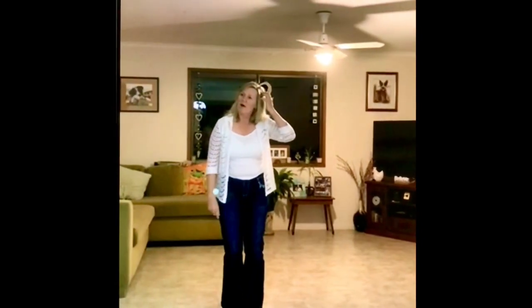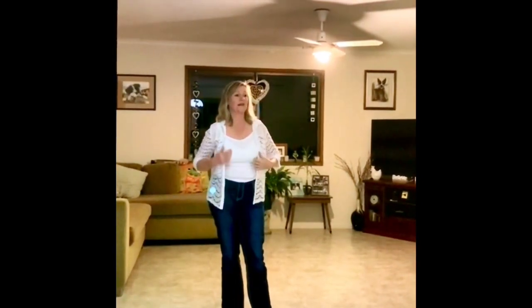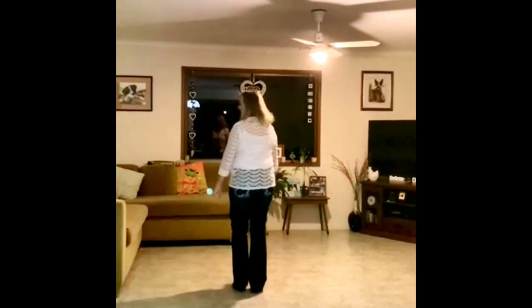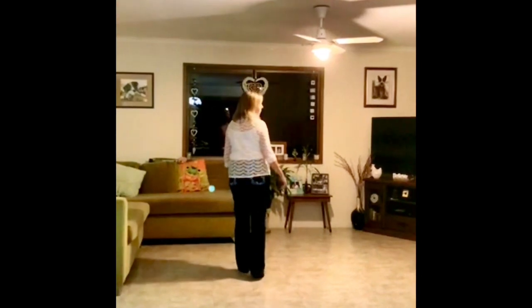This one's choreographed by Elliott and Helen. And we learned this about 3 or 4 weeks ago at a workshop with Gordon before everything went into lockdown. So it's a relatively new dance, but really nice. Classes love it. So I'm going to start with a rock forward on the right foot and a 1.5 turn